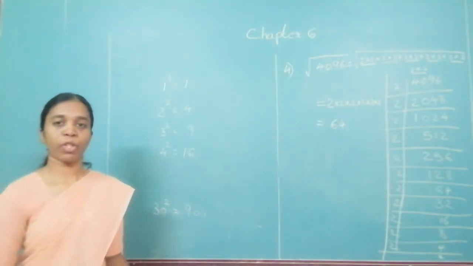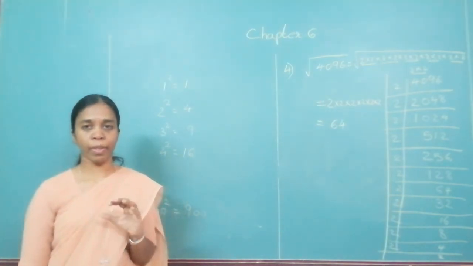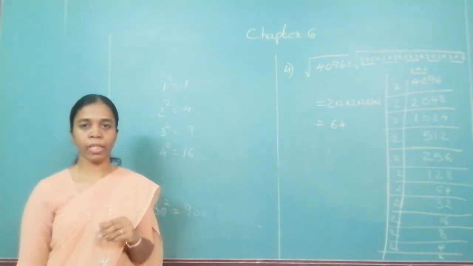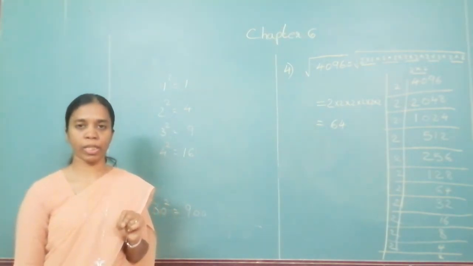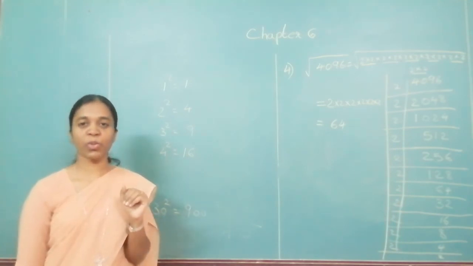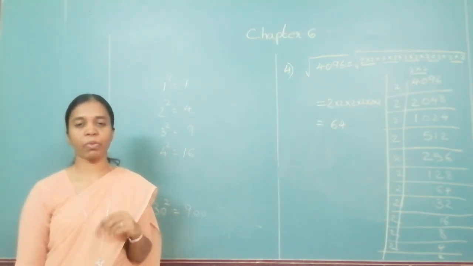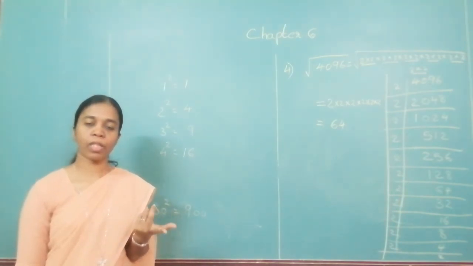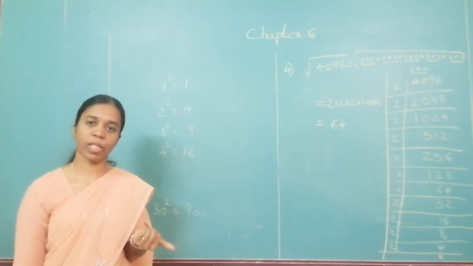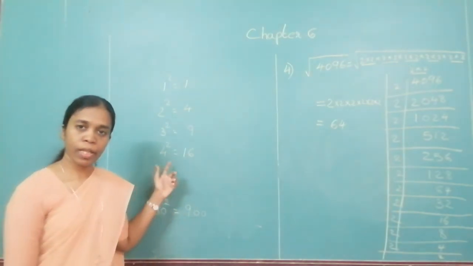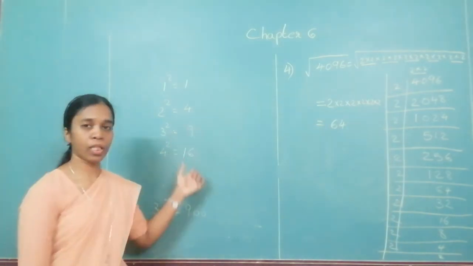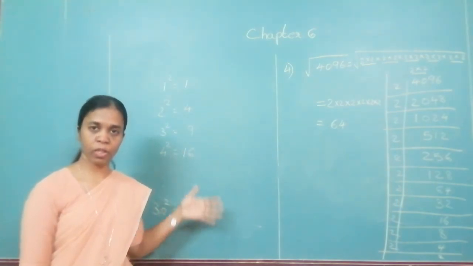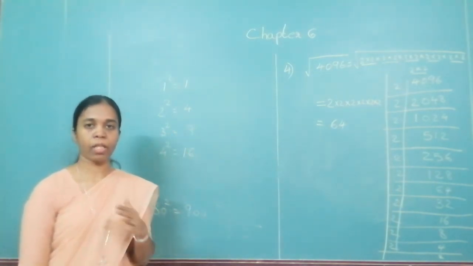And I want everyone to learn it by heart. This is how you learn tables, like the 7's table, 8's table. Like that you will learn them by heart. 1 square is 1, 2 square is 4, 3 square is 9, 5 square is 25, 6 square is 36, 7 square is 49, 8 square is 64, 9 square is 81, 10 square is 100. Like that you will be learning till 30 square. So I want you to write all the squares from 1 to 30 in the last page of your notebook and learn them by heart.